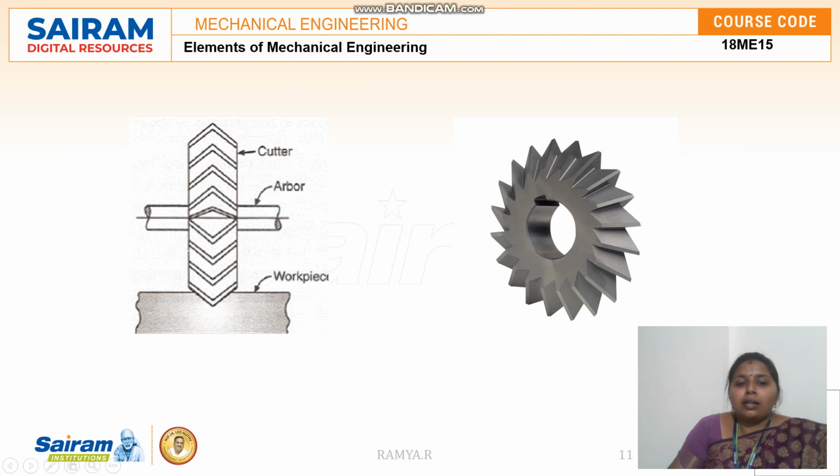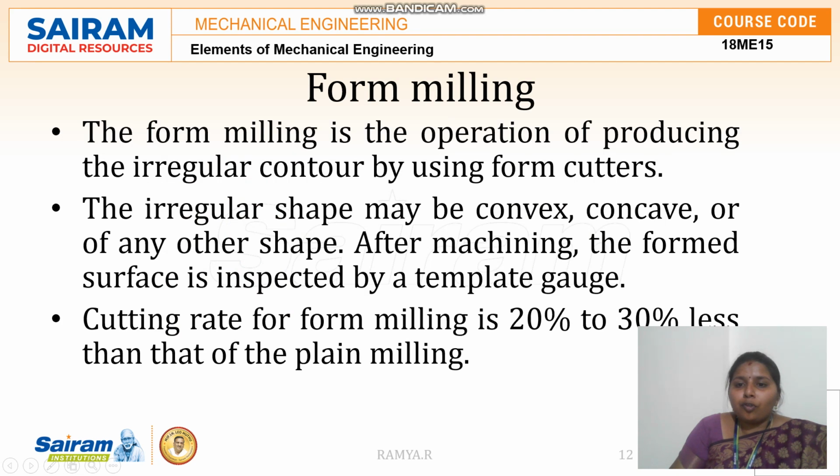So this is the 2D image of the angular cutter. So this is one cutter. If we need only one side conical surface, one cutter is used. If we need a V shape, this cutter is combined with another same cutter. So two cutters are joined together to produce some V shape or some conical surface. So this is the image of the cutter used for angle forming.